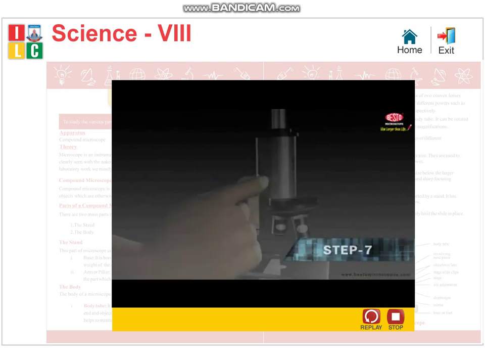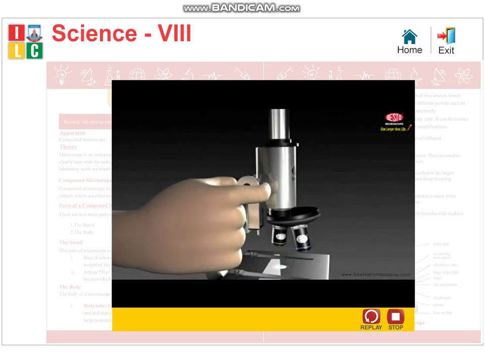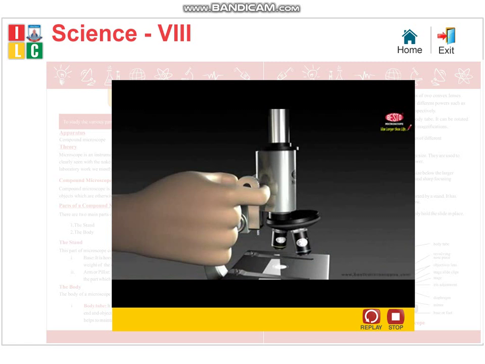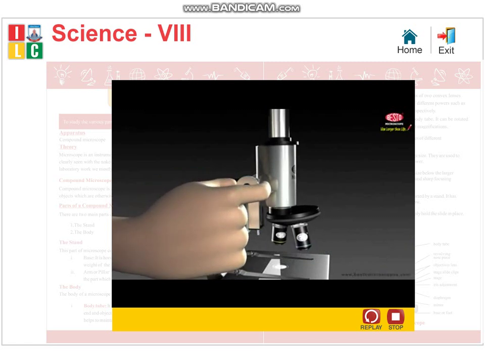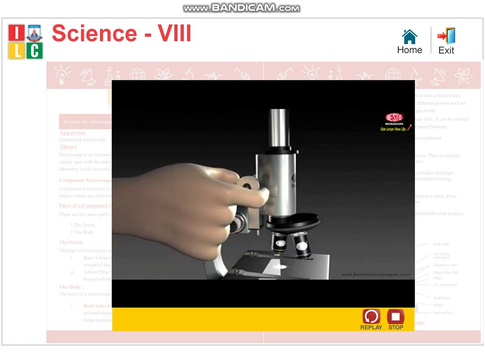Step 7. We have already told you in Step 2 that the low power objective is in place over the hole in the stage. Look through the eyepiece and use the coarse adjustment